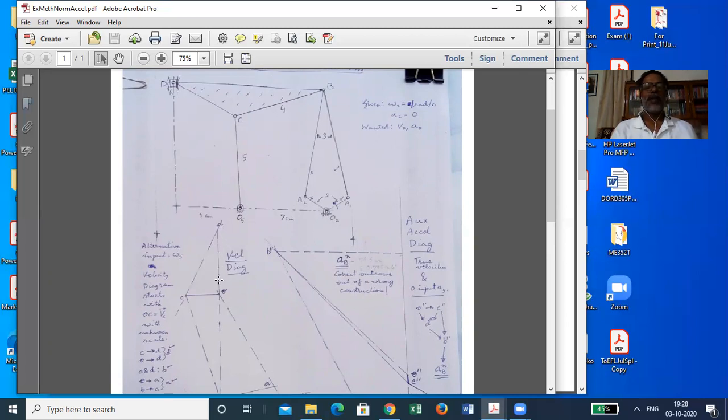So the velocity of D will be velocity of C plus relative velocity of D relative to C. Or directly you can say in this direction something. Wherever they cut, velocity of D you have got. So you have placed this. After this, C you have located, D you have located, and velocity image of this ternary will be a scaled image of this ternary. So whatever is the angle C and angle D, you make that angle here, and complete the triangle to get the point B here.